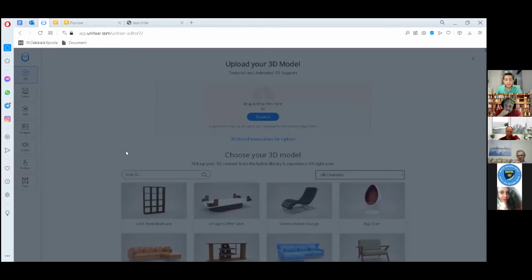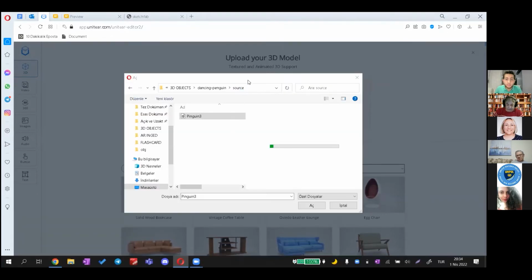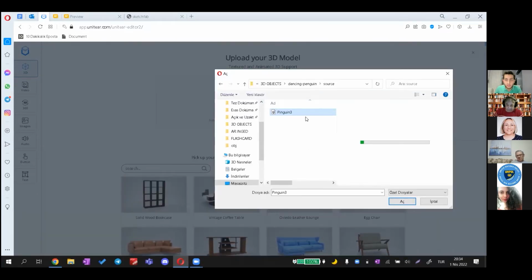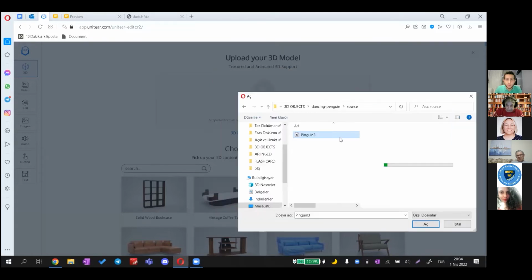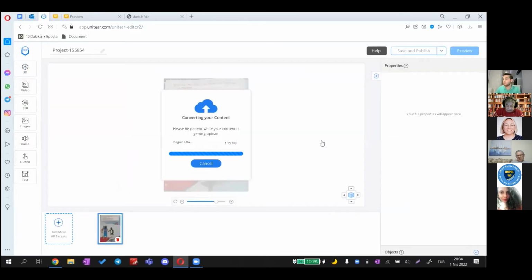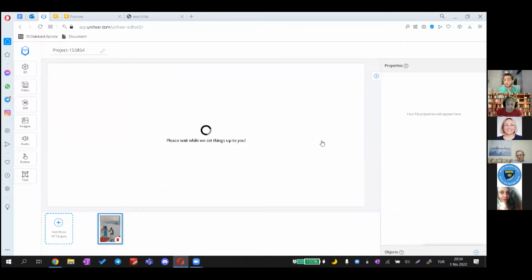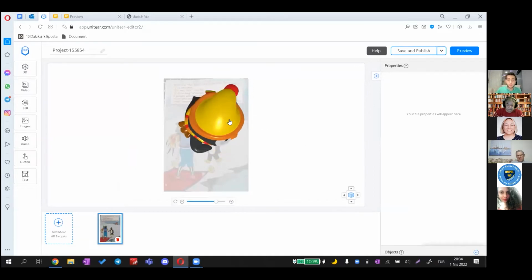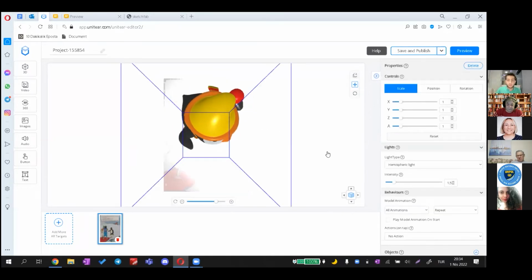So 3D objects, and I'm looking for the penguin one. I have my penguin here. You might not be able to see that. Let me show you how my browse section works. I believe you can see it right now. It's the penguin file here. Okay, it's uploading. Of course, I had better 3D objects, but they were like 30 megabytes. It would take a little bit of your time for them to upload. So that's why I'm choosing the